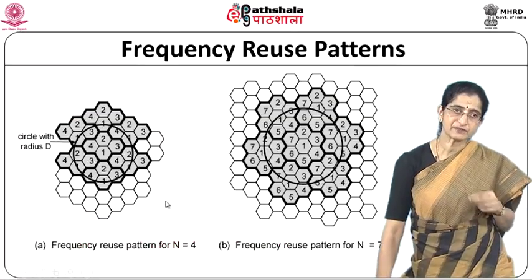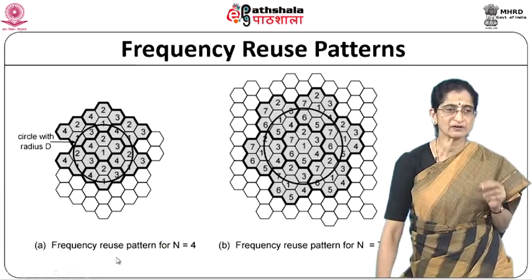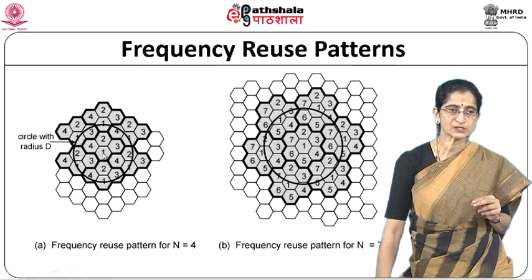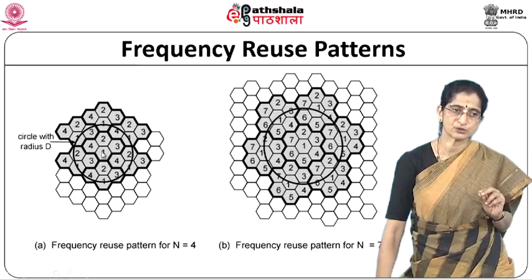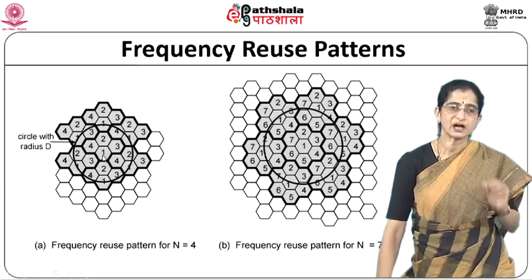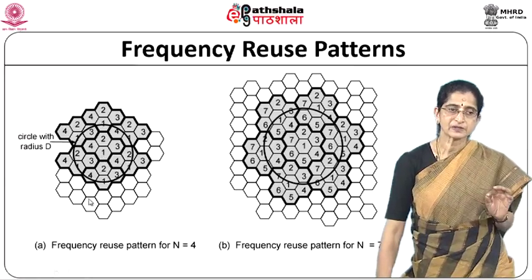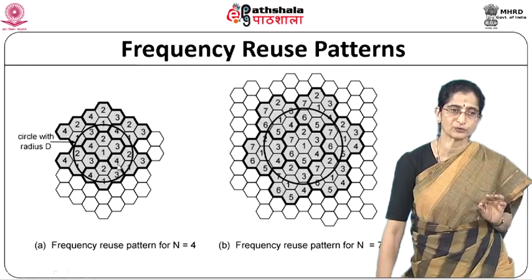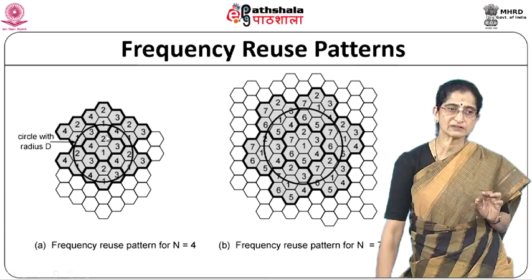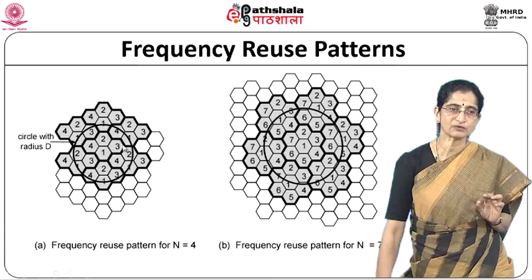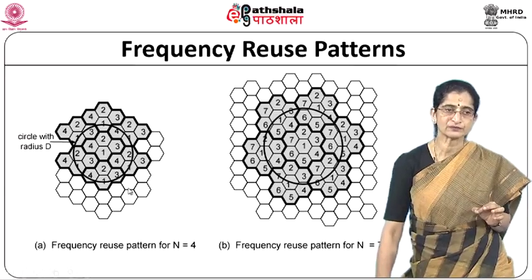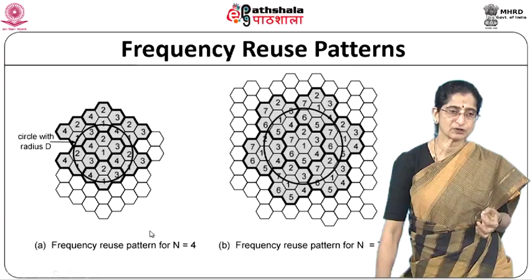So let us look at the different frequency reuse patterns that are available. We could have a very simple reuse pattern of 4. Take this cell here, 1. Adjacent cells cannot use the same frequency. If 1, 2, 3 and 4 are 4 different sets of frequencies, then adjacent to 1, you will never find another 1. You will either see a 2, a 3 or a 4. Similarly, with respect to 2, you will see 1, 3, 4. You will not see the same frequency anywhere adjacent. So this is one kind of reuse pattern where n is equal to 4.